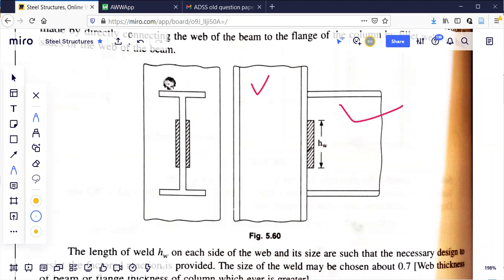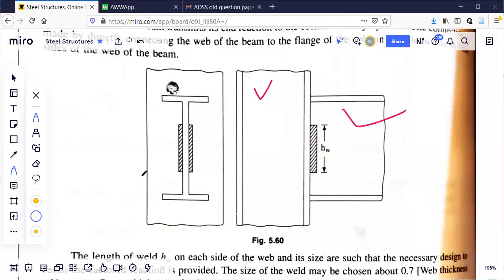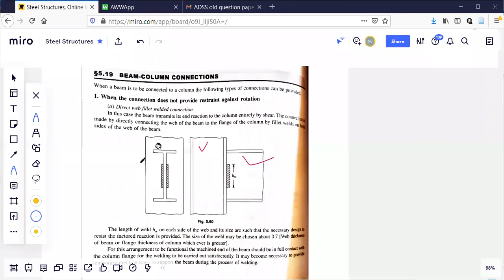This is when the joint is not resisting any moment. Very simple problem. It is a very basic example where the joint is not supposed to resist any moment. It has to resist the reaction that is coming from the beam. Such a situation will not be there in real life actually, but still we need to understand this. We should start from the easy problem first as per your syllabus here.